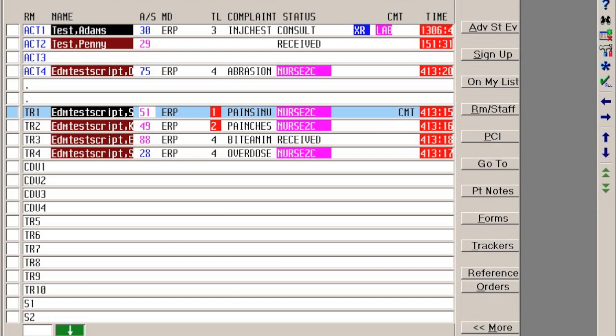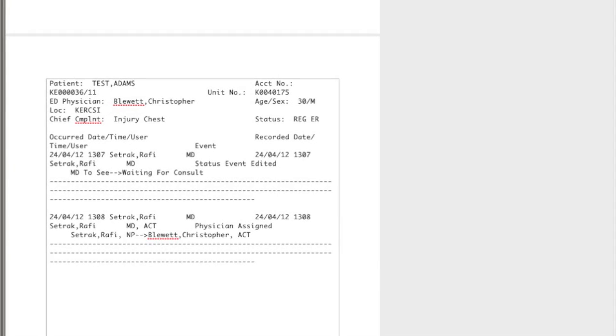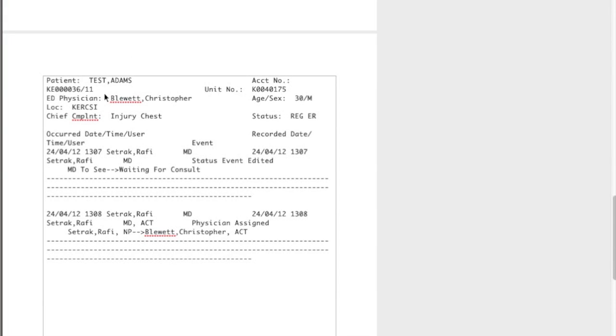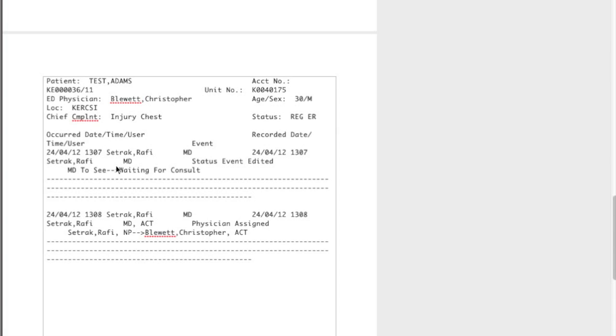I'm just going to show you a small audit report here. Take a look at this audit report. So this is a certain patient whose test atoms that on the 24th of April I sent for consultation to the surgeon. And just live as I changed the status to waiting for consult, the timestamp right here is 3:07, and I changed the MRP from myself to Dr. Blewett, one of our surgeons, at 3:08, and that record is there in Meditech forever, and it's very easily extractable, and you can imagine the benefits of that